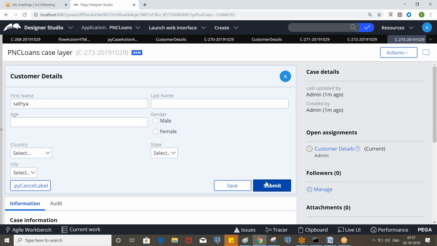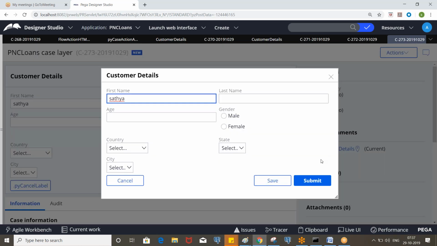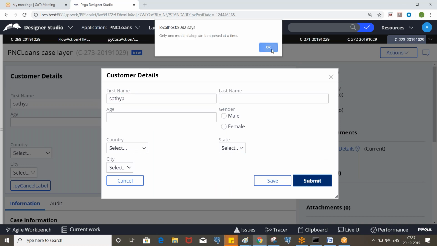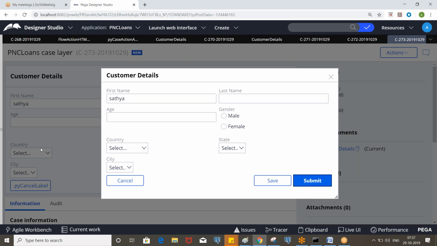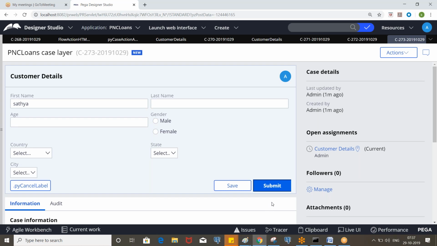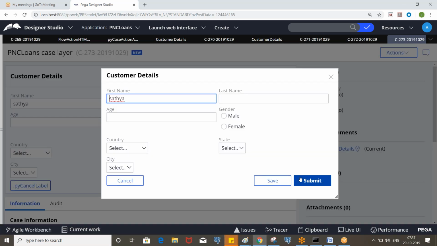When you click on that button, let's say this is the customized button, because we are using the same flow action and again invoking the same button, right? You cannot open another model dialog when a model dialog is already open. So this should complete the assignment.